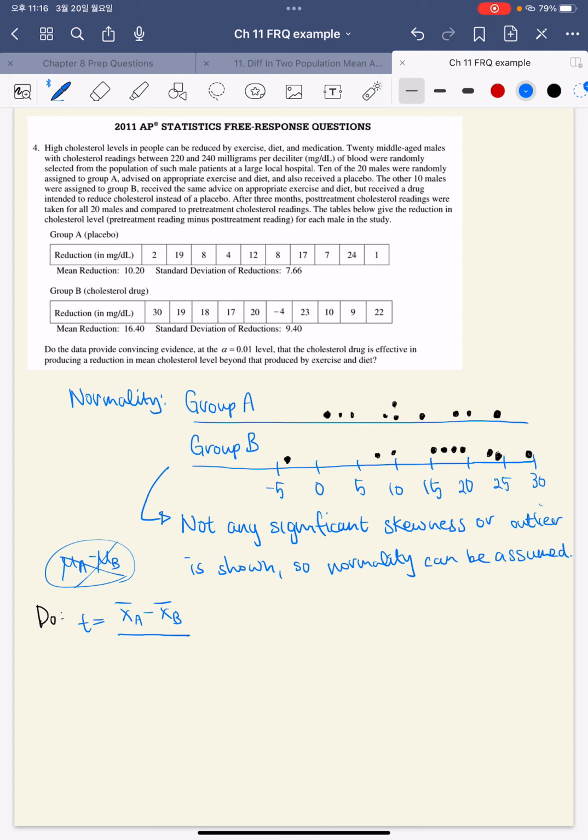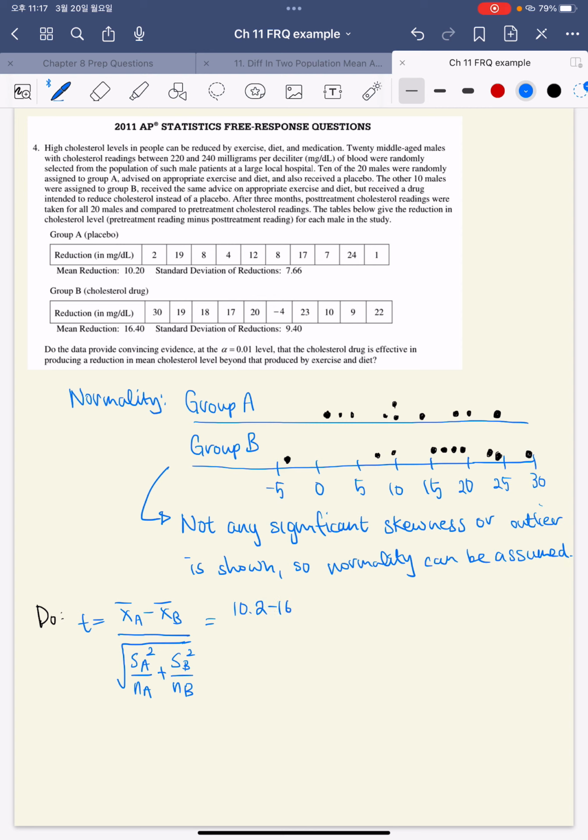If you write this, you're going to be wrong because when you are calculating the test statistic, you're working with the data points from the sample, not the population data. And you don't know the population data, so it would be wrong to use this symbol. So it's x bar A minus x bar B, and then in the bottom you have to do the square root of the standard deviation of group A squared over NA plus the standard deviation of group B squared over NB, which is